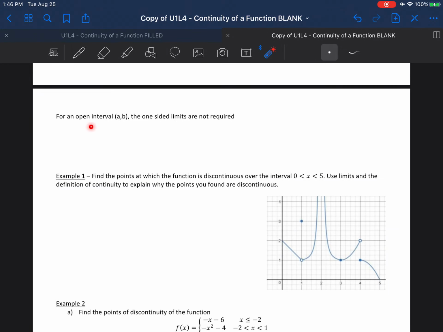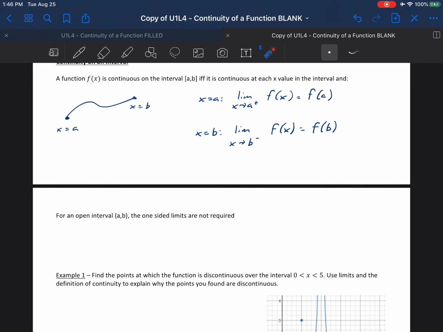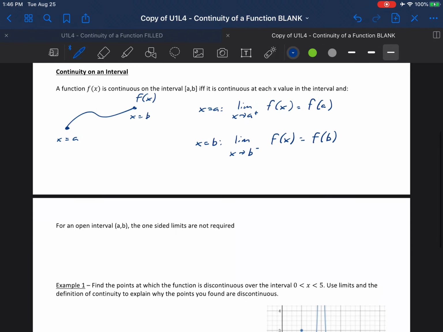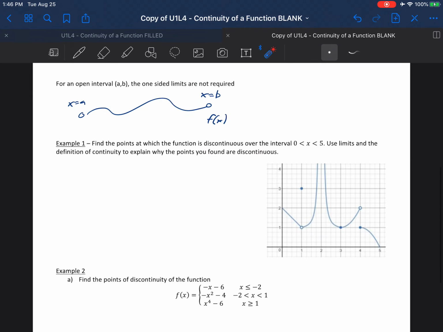Okay, so for an open interval a to b, the one-sided limits aren't required. Sorry, I'm going to make one more change here. I just want to be totally correct. This is the function f. So at an open interval, the endpoints are actually not included in that interval, so we don't need to bother checking the endpoints. As long as this condition is met, that the function is continuous at each value inside the interval, then for an open interval this is okay, because we don't care about a, we don't care about b. All right,